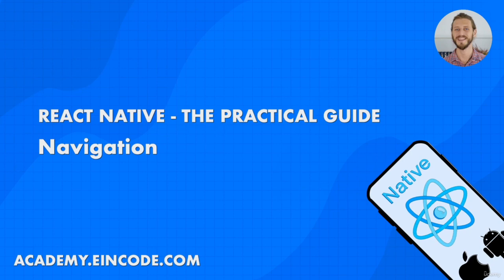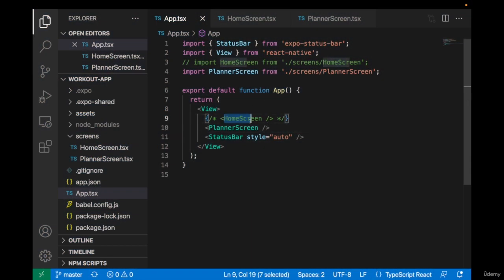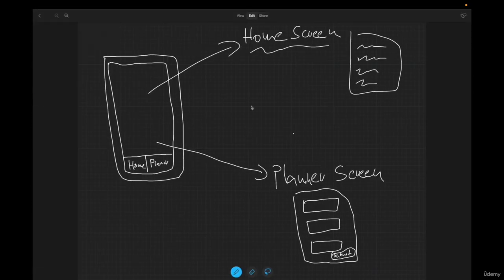In the last lecture, we created two new screens, the planner screen and the home screen. In this lecture, we'll continue with the navigation. What I mean by navigation, I already showed you in our drawing in the previous one: we will have a home screen and a planner screen, and I can click on home to go to home, and click on planner to go to the planner